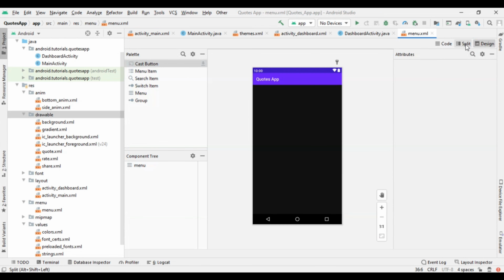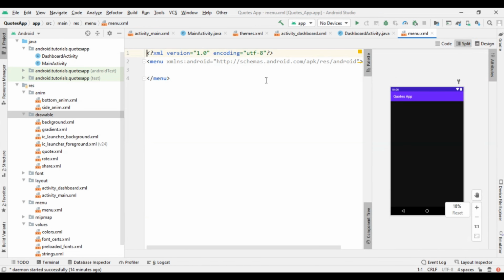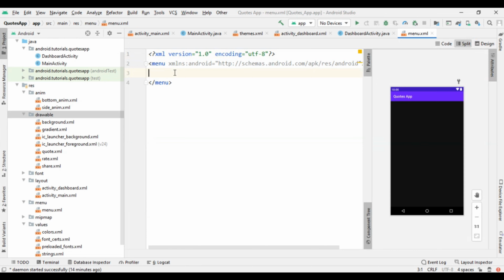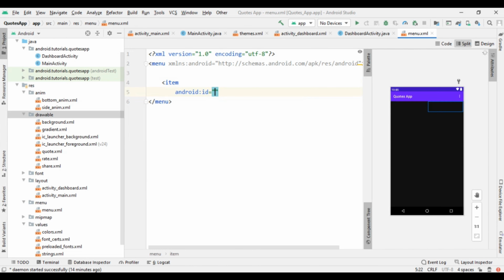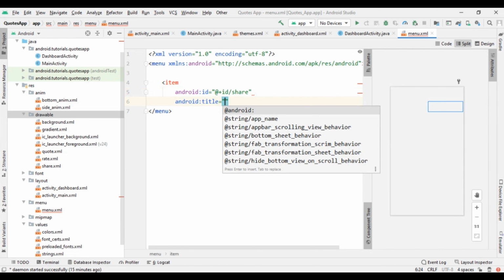So come to split mode, and I am zooming our code. Now implement two items. So item and its ID will be share. So plus ID, then it will be share. Then we have to give its title, which is necessary.